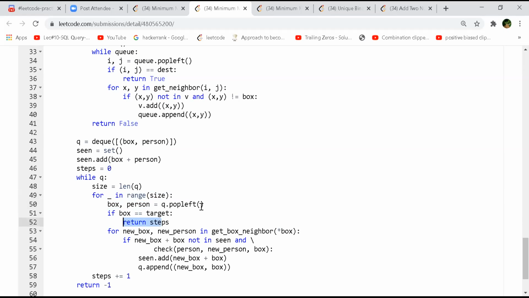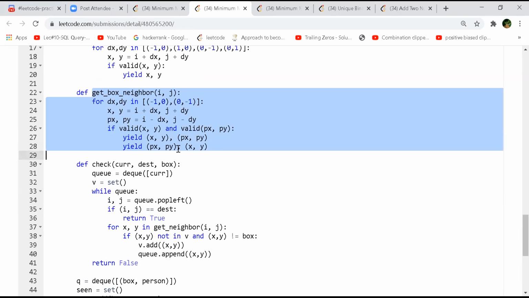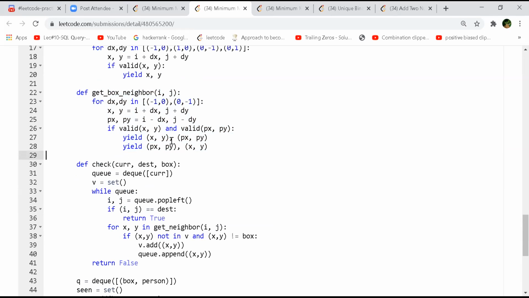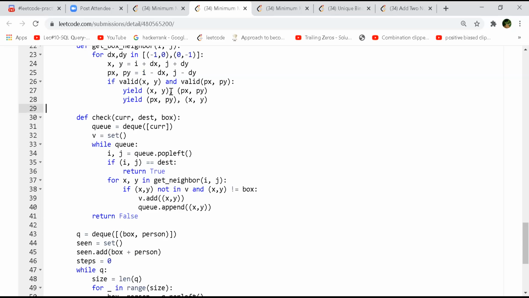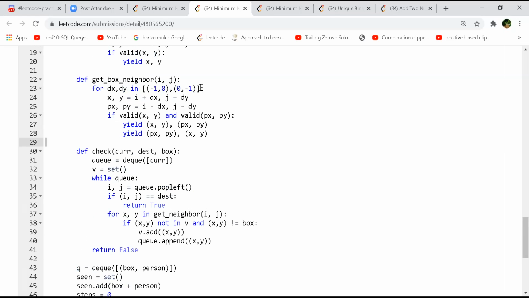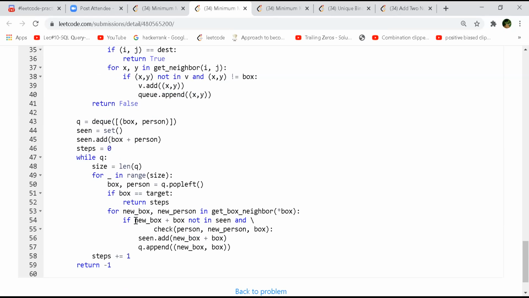Otherwise, for the new box and new person, it will go to the get box neighbor function, and it will return the valid values, right? For this, in the up and what is it? The two directions, left and down. And whatever the new box position plus the current one, and if that is not in seen,